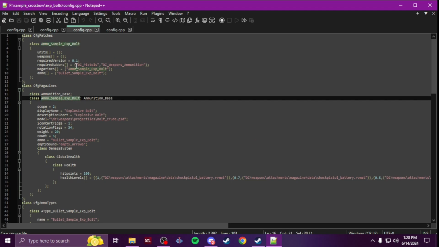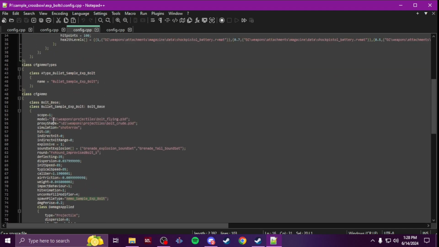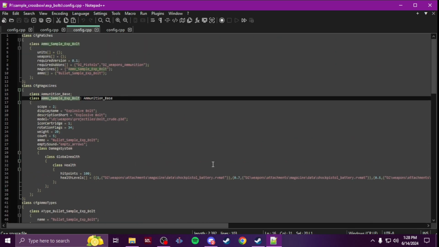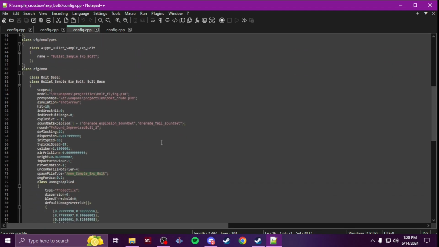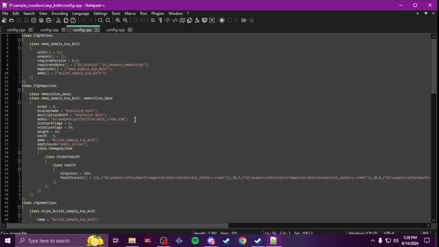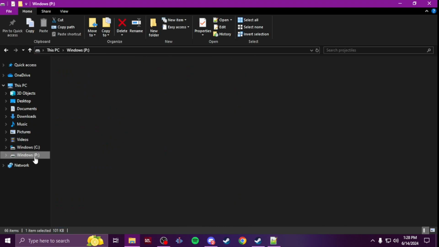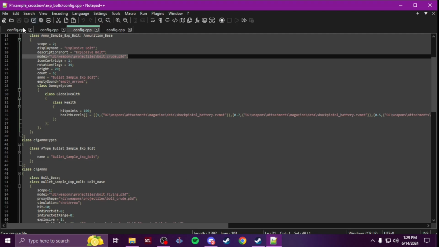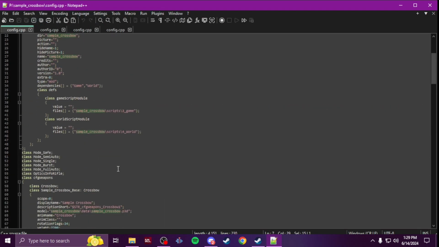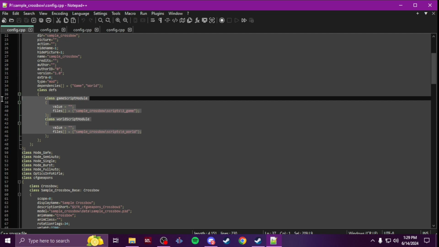And then that's it. Just like the exploding ammo tutorial and the ammo section on my weapon tutorial, it's exactly the same. Only difference is bolt base, and I'm using the path to their vanilla bolts instead of bullets. And that's it. Now for the scripting, you're going to have a scripts folder, and this is why we have the CFG mods in our main config with paths to a world and a game